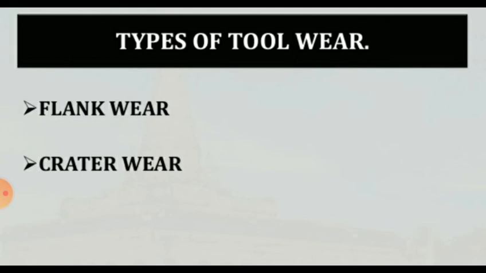Regarding tool wear, a newly ground cutting tool has sharp cutting edges and smooth flanks, but these are lost gradually after its use in the machining process because of cutting forces, high temperature and chip movement. This progressive loss or removal of material from the tool surface is known as tool wear. There are two types of tool wear, flank wear and crater wear. These are also called the regions of tool wear.